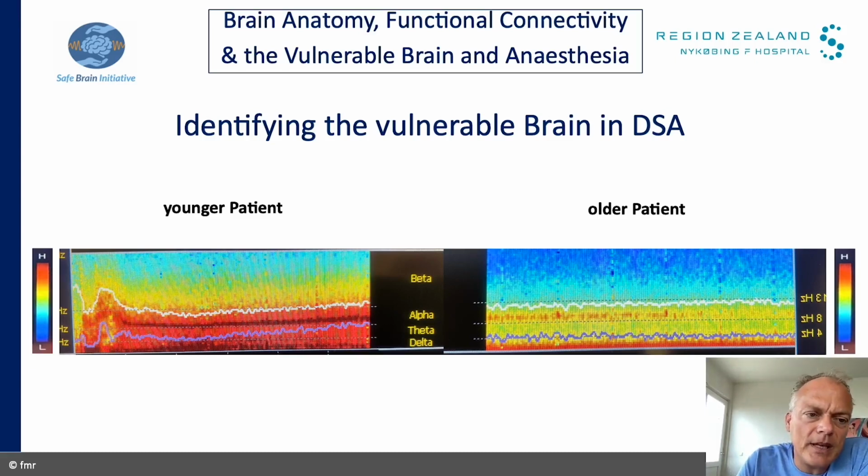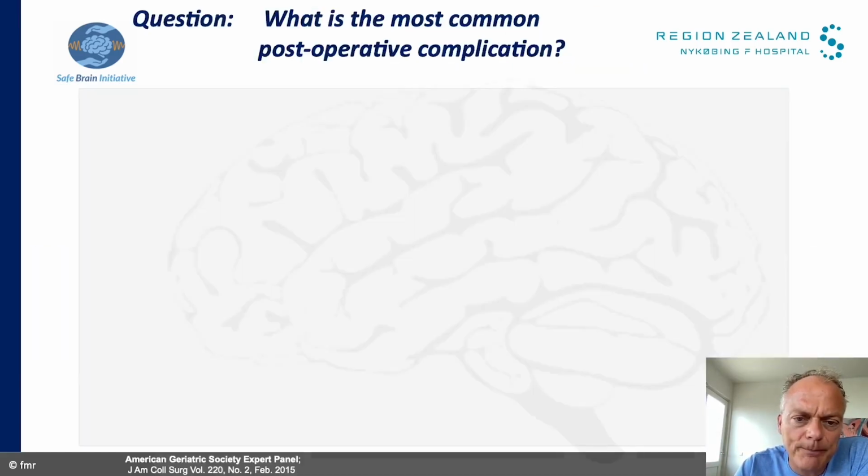Here you can see the typical DSA for a younger patient with a very strong response in the spindle or alpha dominant area, 8 to 12 hertz, and the same in the delta area, really deep red for high, above 7 decibel power in these areas, compared to the older patient, where you have very little alpha response and not very much delta response either. So by definition, you can already see in the DSA that this patient is in tendency more prone to burst suppression, or to being more sensitive towards the sedative part of anesthesia.